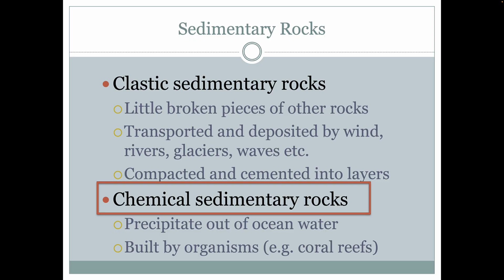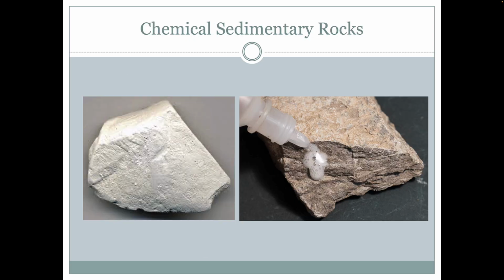However, chemical sedimentary rocks can also be built by organisms. Coral reefs are a good example, but any animal that makes a shell, those shells are made out of calcium carbonate or calcite, and they're also a big component of chemical sedimentary rocks. This would be an example of limestone here. This is a specific type of limestone called chalk. And this chalk is made up of tiny microorganism shells that are all kind of cemented together into this rock